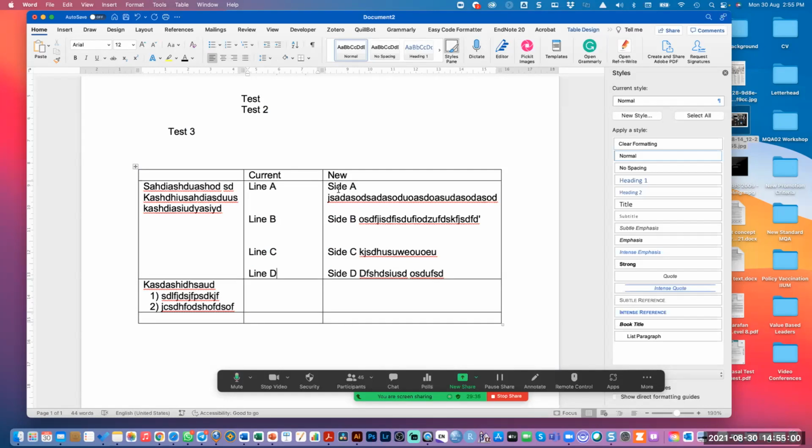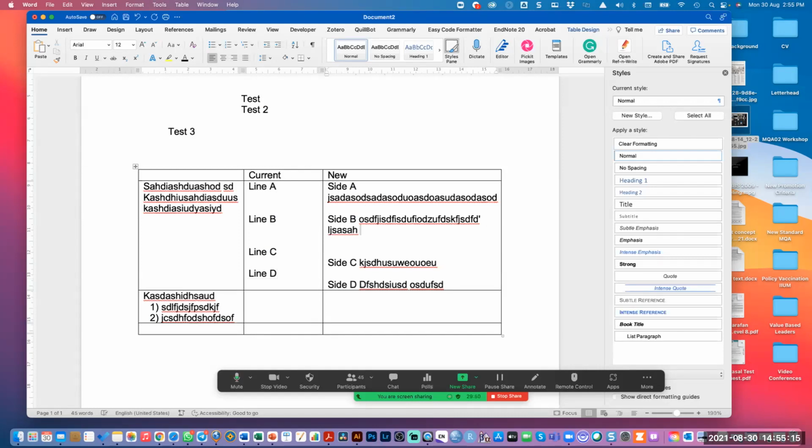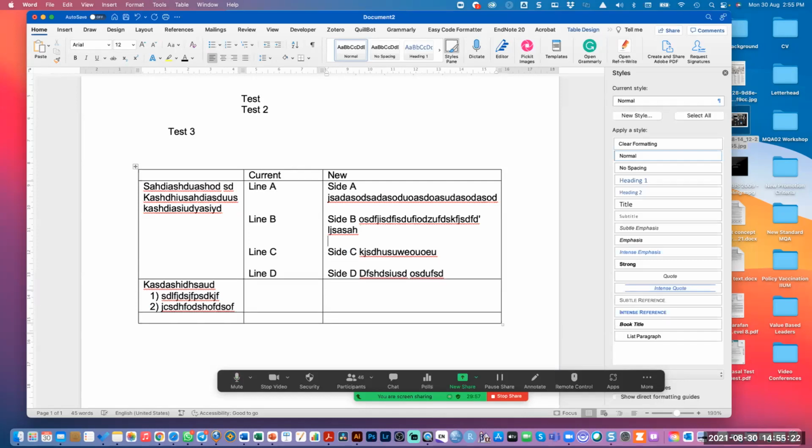I mentioned that this is not the correct way for us to use Word to align our text inside the table. Because why? Imagine if we move, let's say, side B here, you see what happened to side C: it is already misaligned. So what you have to do is go up and delete a button perhaps, so that it aligns again. So my advice, instead of doing like this, is to create a dedicated line for each object or each line,